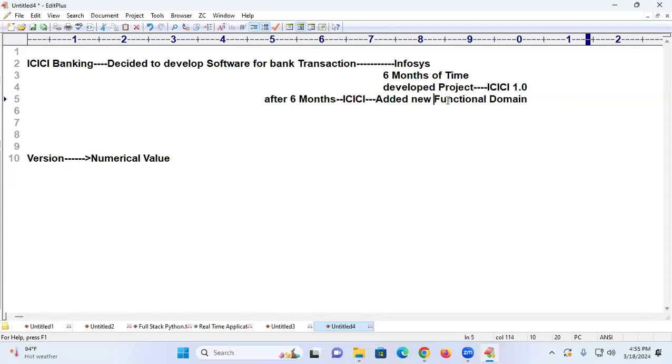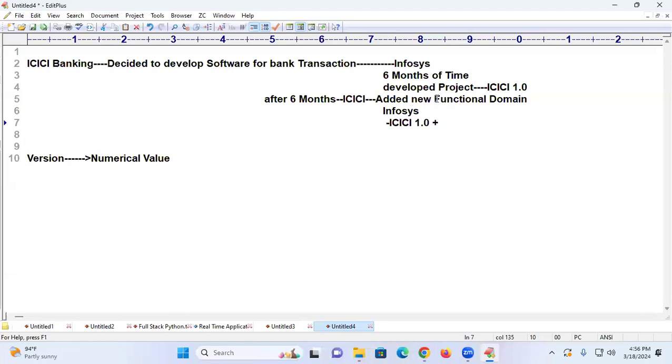For automating this requirement, they contacted Infosys people once again. Since Infosys is the developer organization for ICICI application development, they added to the ICICI 1.0 version.